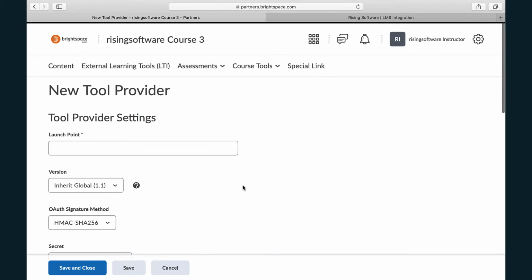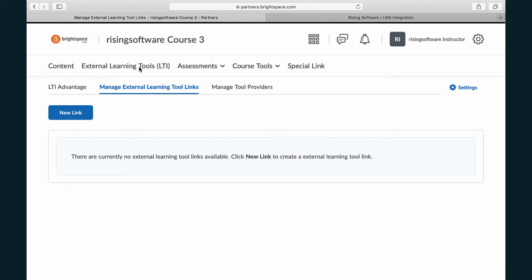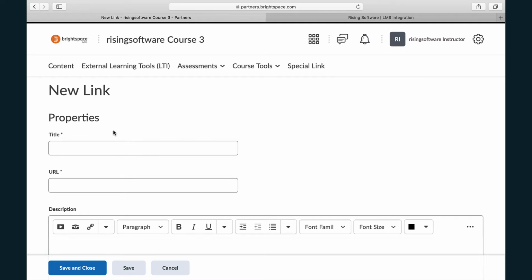So that's step one. Step two is to set up a couple of different launches for Auralia and Musician. So back here under external learning tools, and again your D2L admin people should be able to get this up and running for you. Under manage external learning tool links, we're going to add a few practice launches here for you to use. So I'm just going to put in Musician